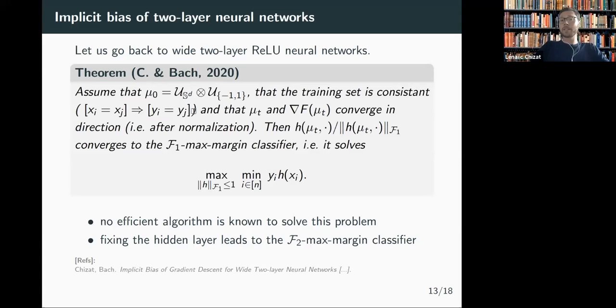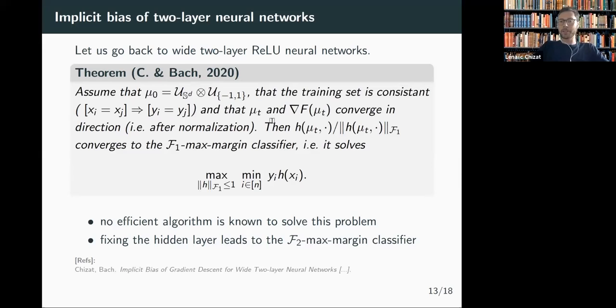And why we only need this assumption is because we can approximate any continuous function with a two-layer neural network, so we do not need a strong separability assumption. We have some spurious assumptions that the dynamics converge and also the gradient. So as in the previous result, there are some open questions to remove these assumptions.